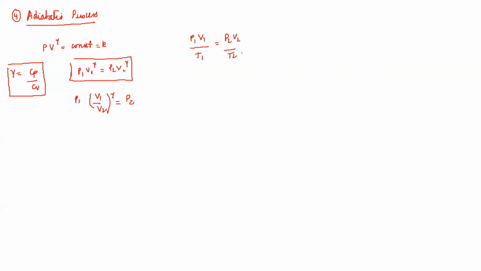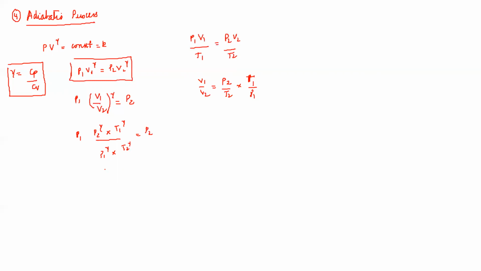And from here, you can write V1 by V2 as P2 T1 by P1 T2, right? So over here, you're going to write P2 to the power gamma into T1 to the power gamma